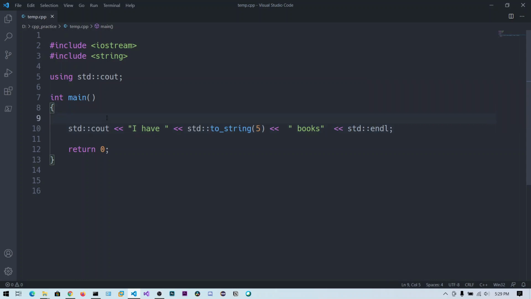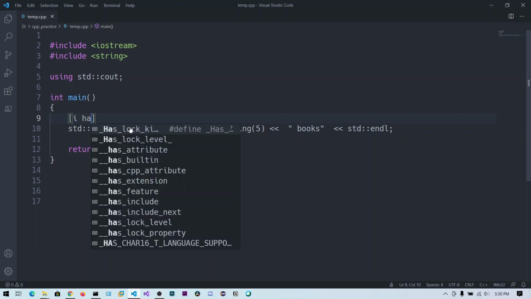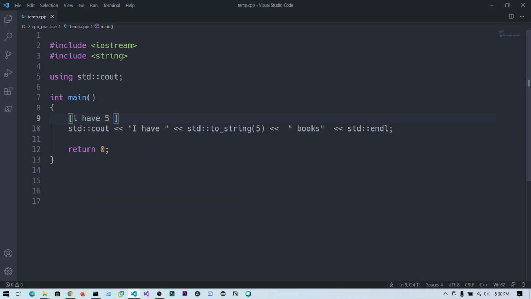So I will explain this. Suppose think there is a buffer like a list or some array, and that is the output buffer. Whatever you want to print onto the screen using the cout, first it will be stored in the buffer. So now if you want to print I have 5 books, this will be stored as a string in the buffer and it will be printed onto the screen.